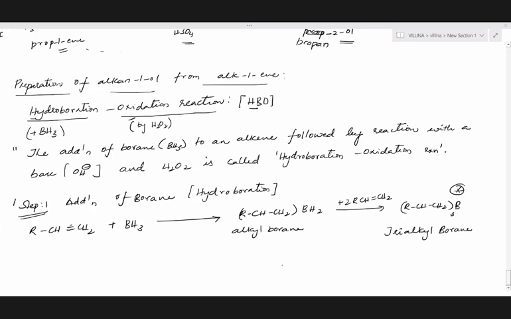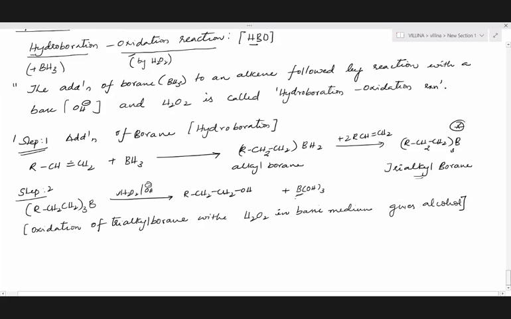So the alkyl part, trialkyl borane, will be formed, RCH2CH2. Three such alkyl groups will be added, giving us trialkyl borane. The next step is crucial, because if we make a small mistake in step 2, it will alter the product. So whatever trialkyl boranes we have, RCH2CH2 taken thrice, we will